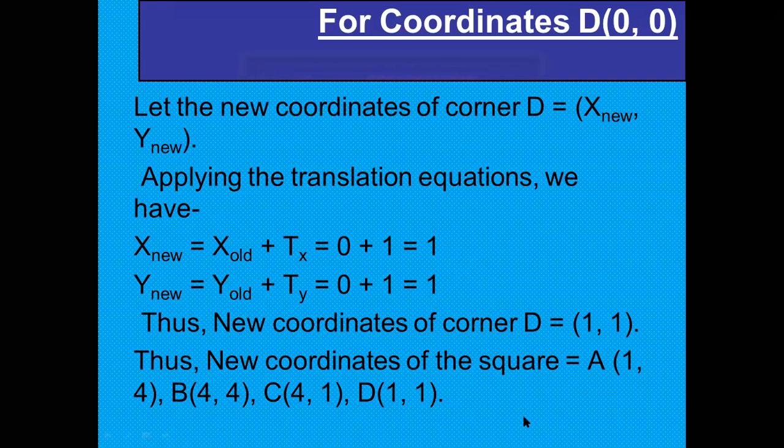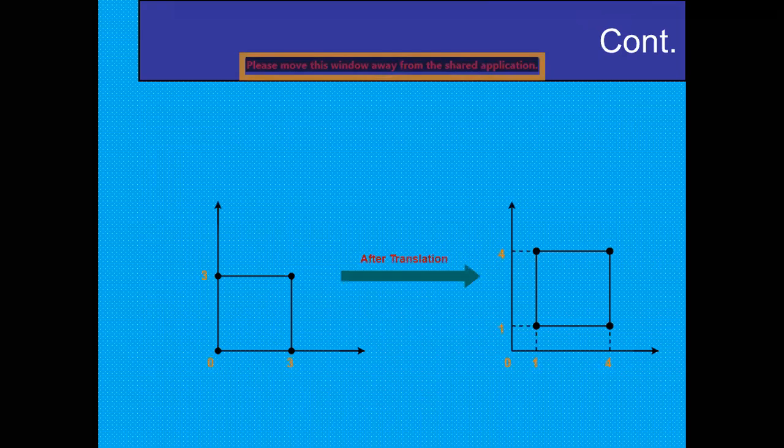Okay, so these are the new coordinates for each vertex. Now it is mandatory, again I am telling you, even in the examination, you must draw the initial diagram as well as the final diagram after getting the new coordinates. Always draw the initial diagram as well as the final diagram.